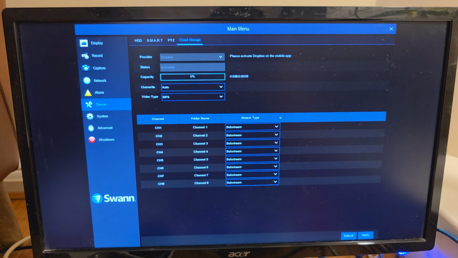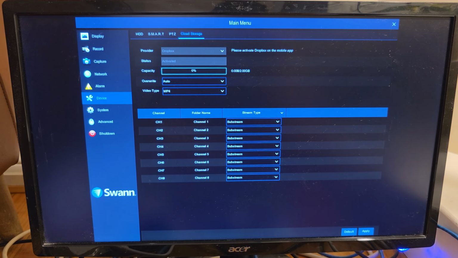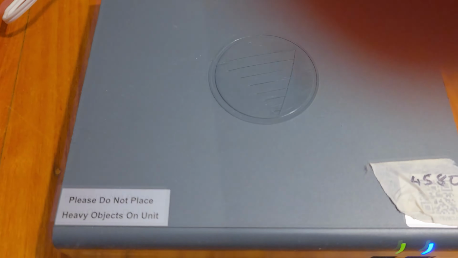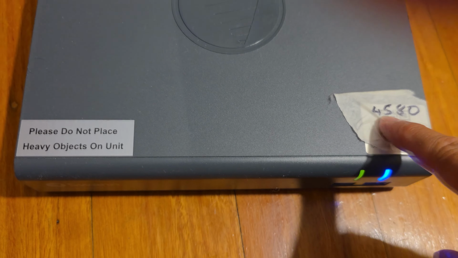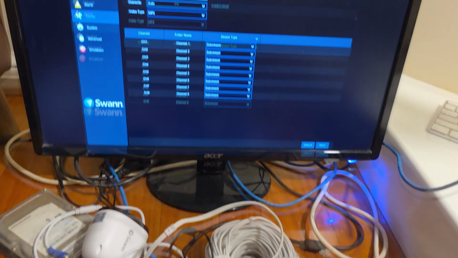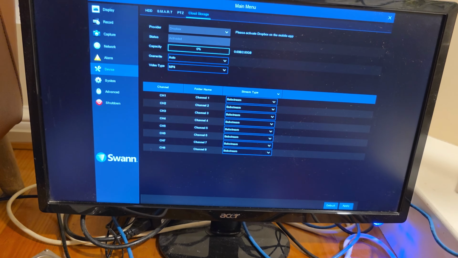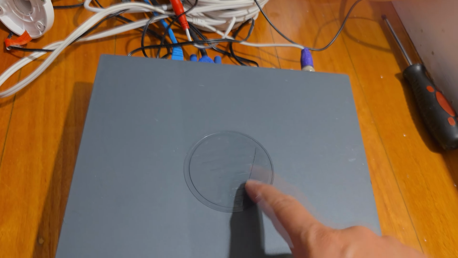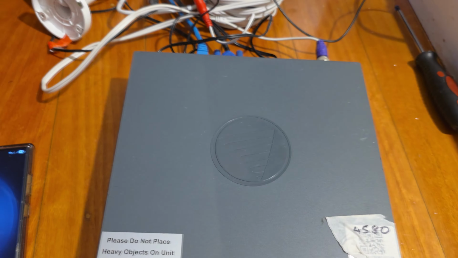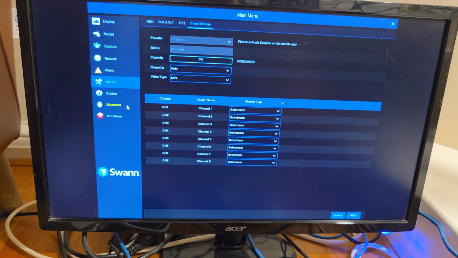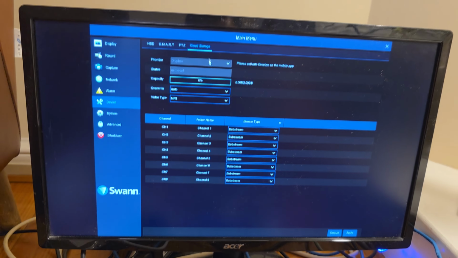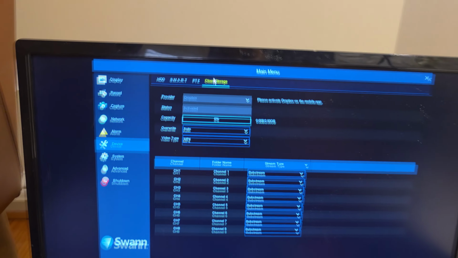How to activate cloud storage for your Swann Security 4580. Now this will allow the recording to store on the cloud instead of the hard drive on the device here. If you log into your system and you go to device, then click on cloud storage here, you can see